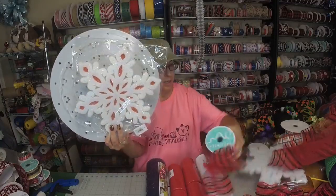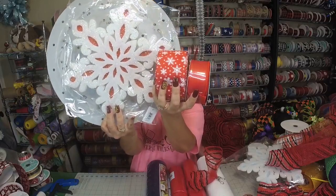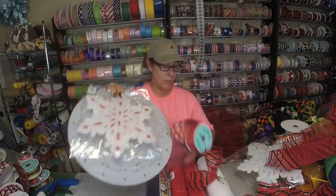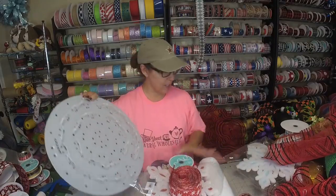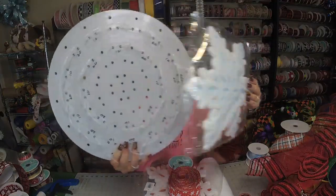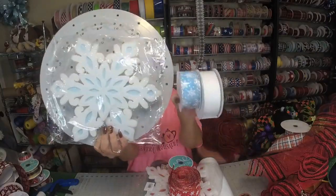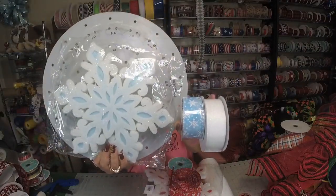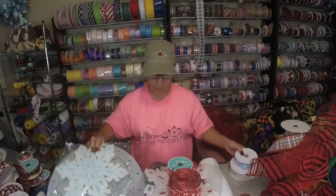And then 10 yards of the snowflake ribbon and a roll of the red ribbon to go with that. And then the blue snowflake, which I think is my favorite. Look at that. So that is the ice blue with the large flower board, the zip ties, and then the snowflake ribbon and the white glitter ribbon. So those are the 4 kits that are on my website,